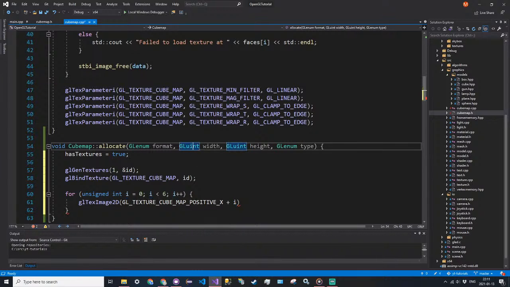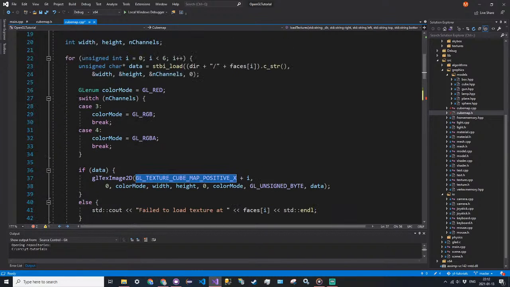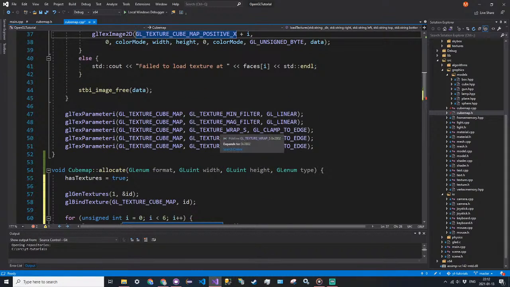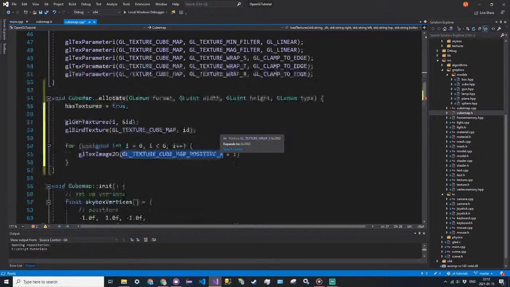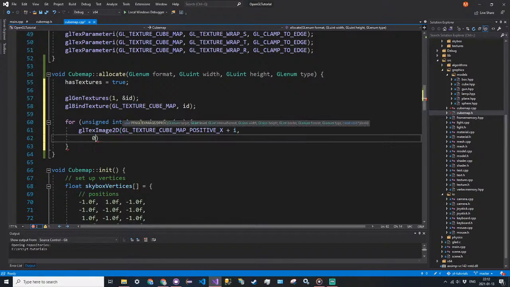So this is something that is directly paralleling what we did when we loaded the textures from files, we said cube map positive x plus i. So it goes positive x, positive y, then positive z, negative z. So we're gonna have to set the view matrices according to those indices, where 0 is positive x and 5 is negative z. So this is the target, and then we're going to have the level is 0,